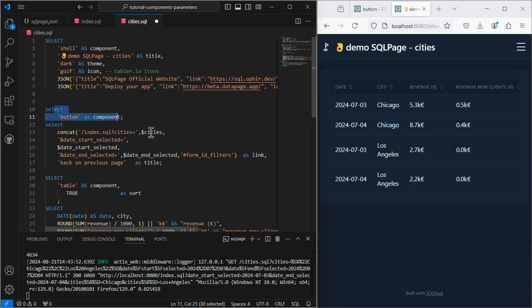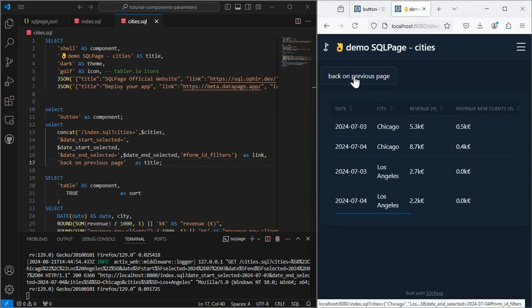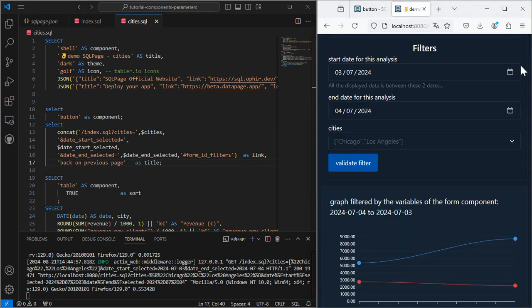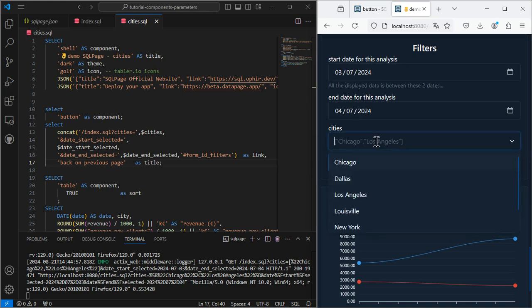The URL parameters will be still cities, date start selected, and date end selected. And when I click this button, I will come back to the form with these values within the form. Here's the button coming straight back to the form with these values in it.